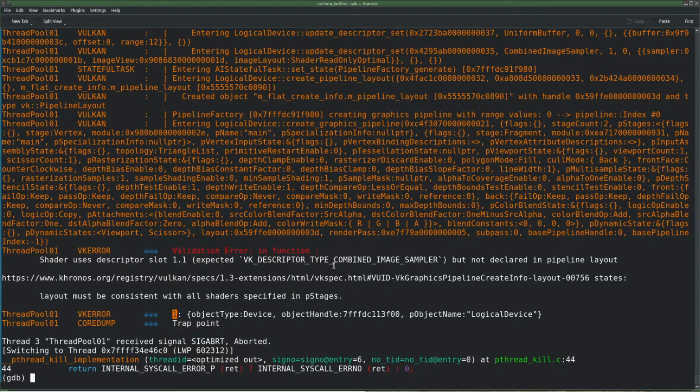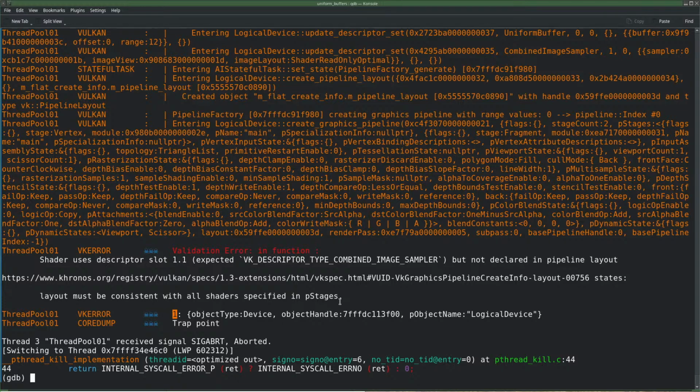This is the first validation error. Shader uses slot 1.1 expected combined image sampler, but not declared in pipeline layout.